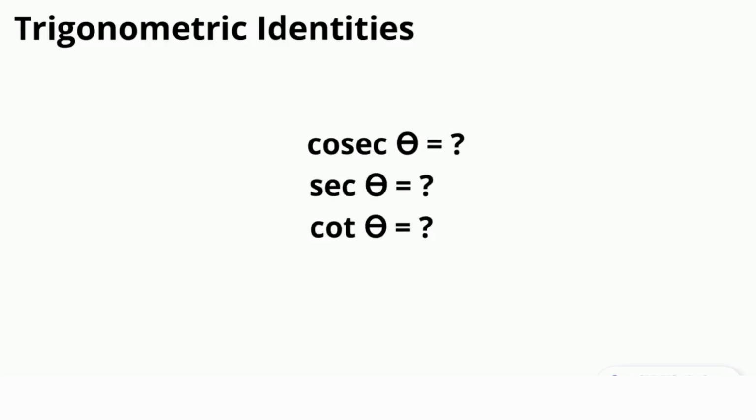How to make the possible identities of cosecant theta, secant theta and cot theta? First, you have to remember the basic identities. Then see our example of the sin theta, cos theta and tan theta possibilities. Then you can make them easily. You don't have to memorize anything. You have to understand the concept.